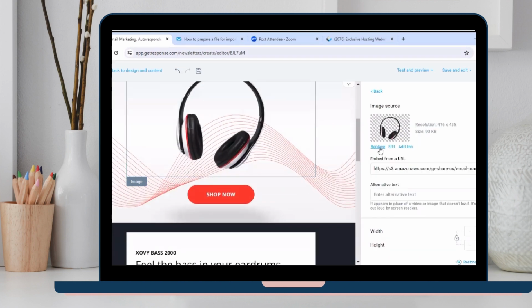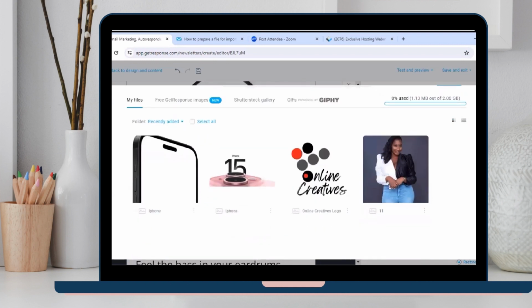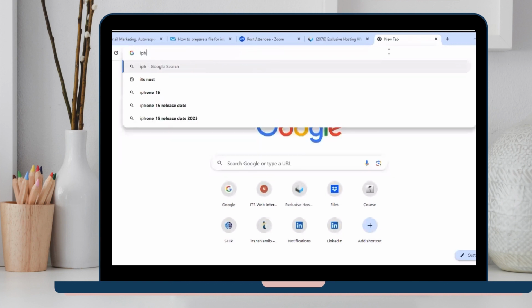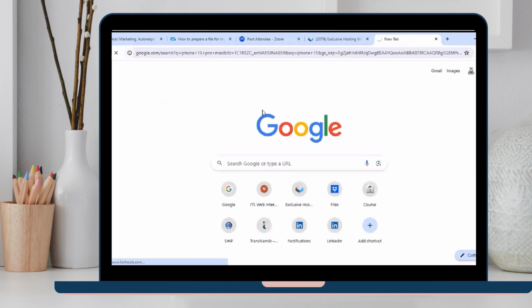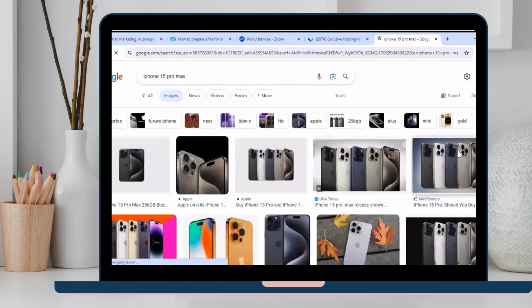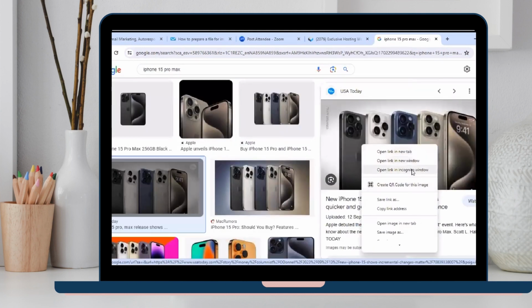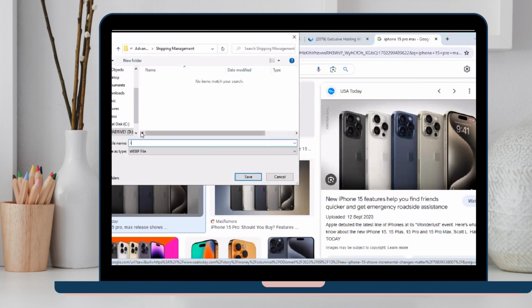And certainly you also want to change this image, so you can just click on it and then replace the image. You can go on the internet and just look for images that really make sense. So you can go on iPhone 15 Pro Max. You can go on images, and then you can just use any of these nice images that look really nice. So I'm just gonna save this one to desktop,